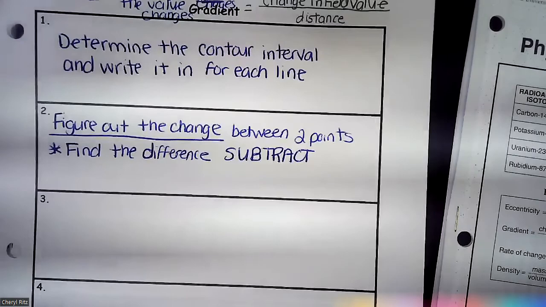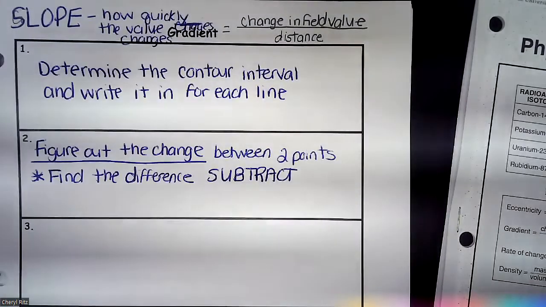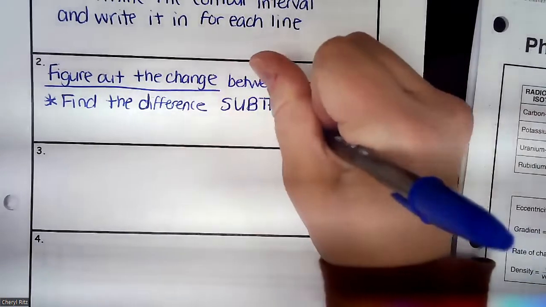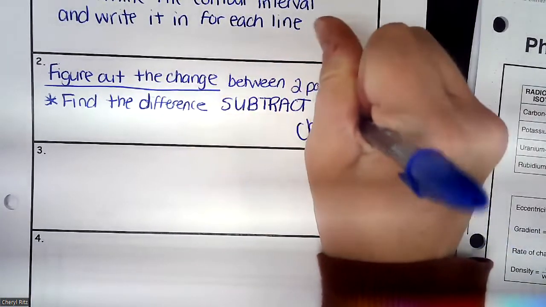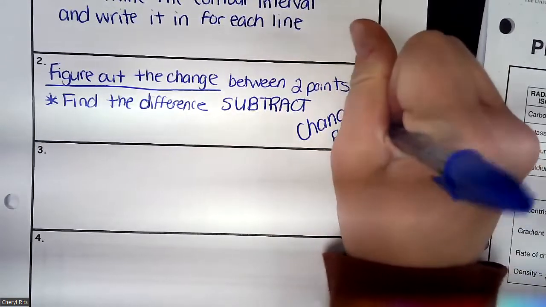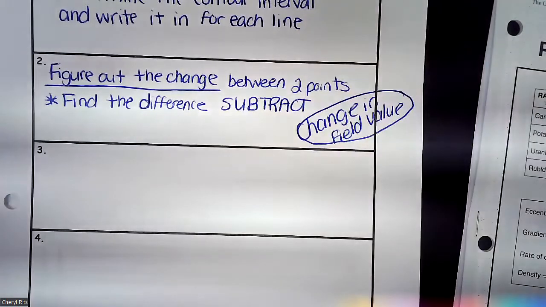So since we were going to be using this one here, subtract X and Y, you just use whatever points they are talking about. This is the change in field value. So when you subtract, you found the change in field value. So did we find the gradient? No. We've only found the top number